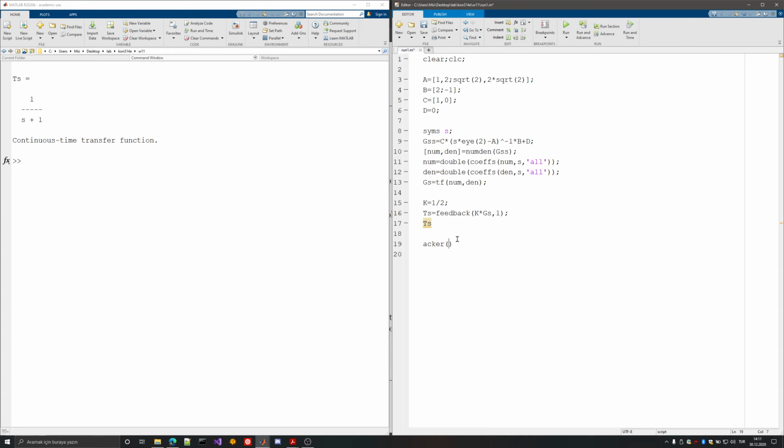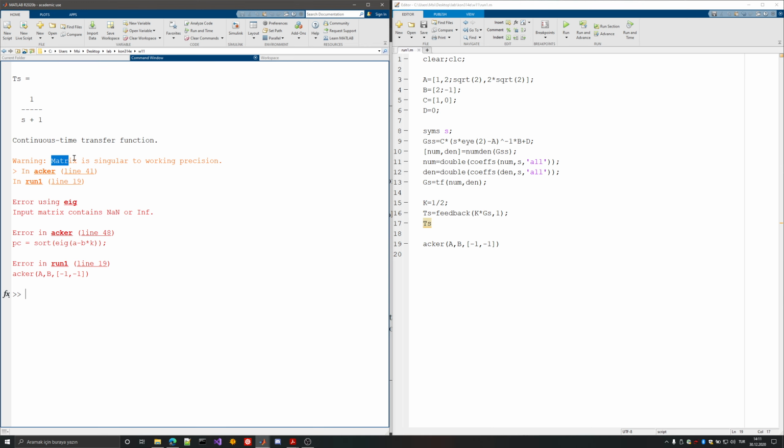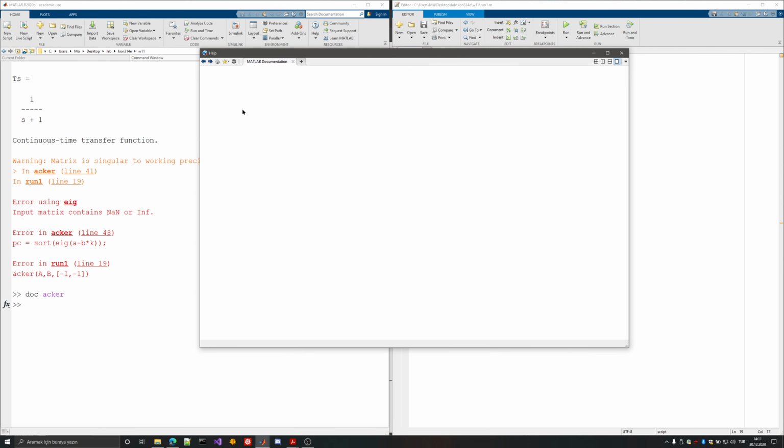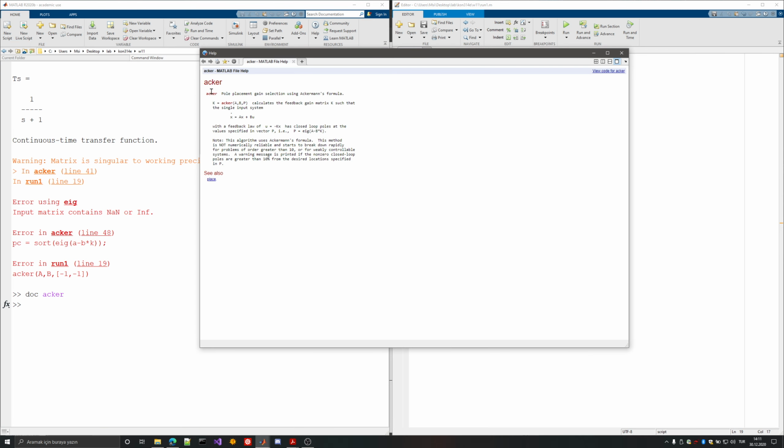You give it the system, and I will give it the state space system here, A, B, C, and D. Oh, I guess it wanted A and B, and then the poles. So let me give it -1 and -1, since it's a second order system, and let me hit run. So you get a singularity problem,